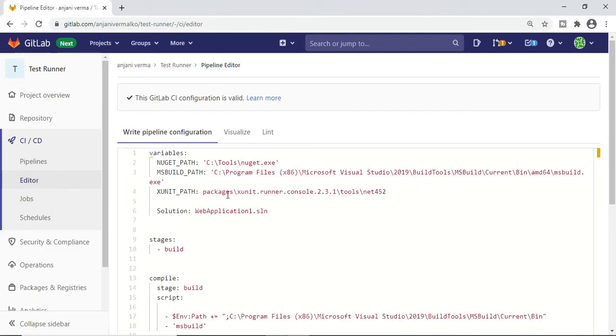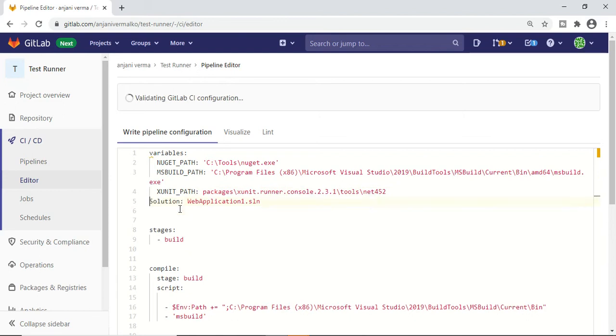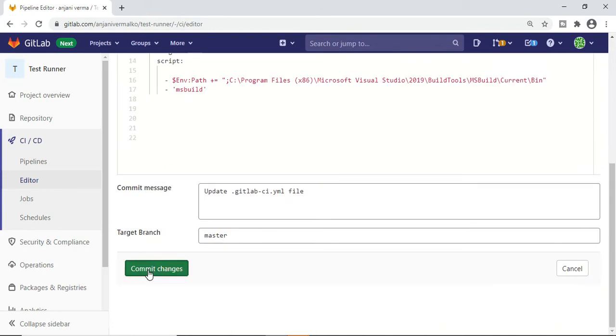Yeah, so this is my file. It says GitLab config is valid. Whenever I make a mistake, it will compile and say your file is invalid. Until the alignment is good, your file is not valid. So be careful, your file should be valid, and only then go further.